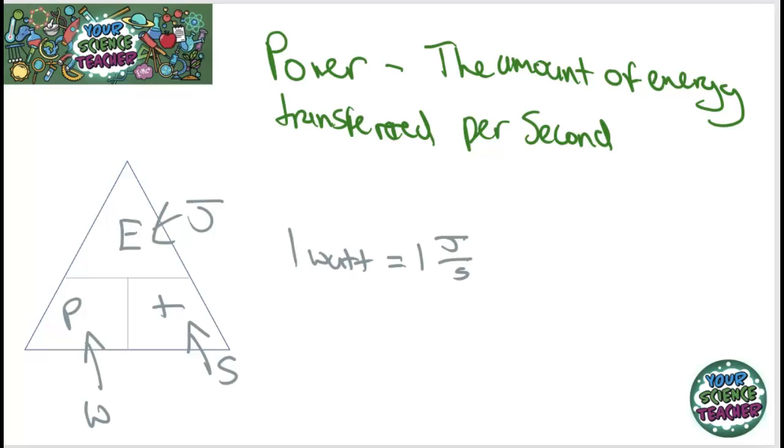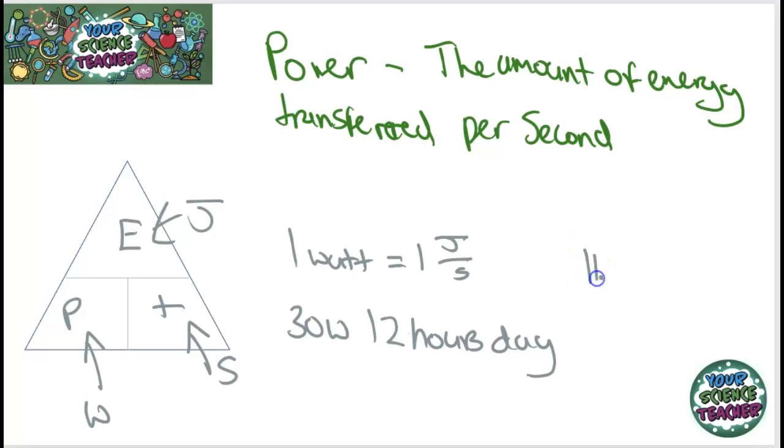With electrical devices, it will sometimes want you to calculate the amount of kilowatt hours that are used as well, which is another way of saying energy transferred. The reason they do that is because that's how they calculate how much you are paying for your electricity. So for example, you could work out if at home you have a 30-watt light bulb, and that light bulb is left on for 12 hours in the day, you could work out how much that light bulb is costing you in that day.